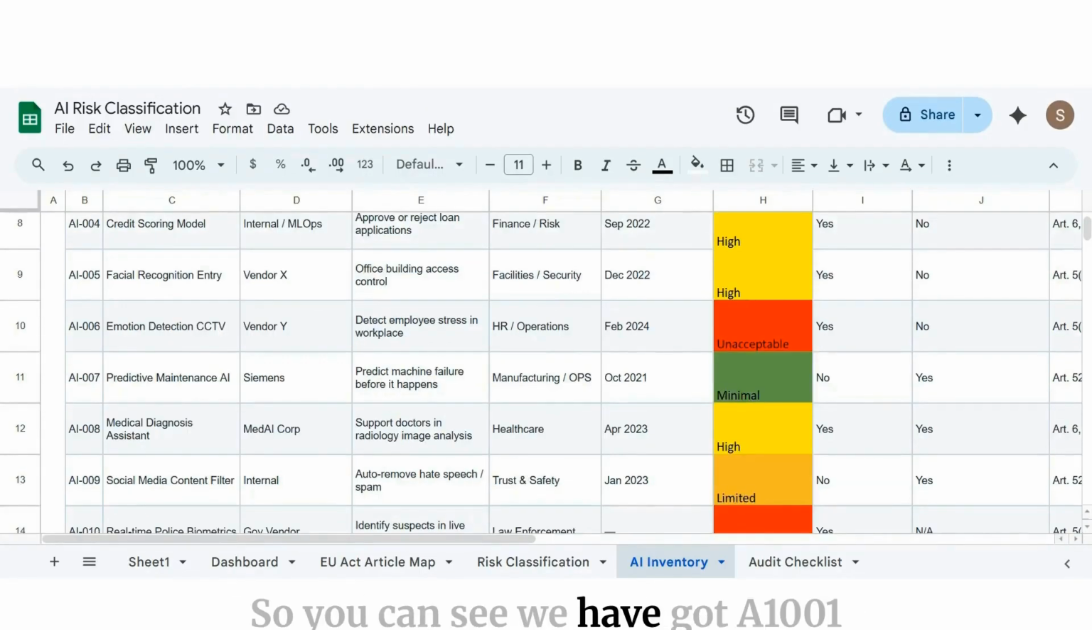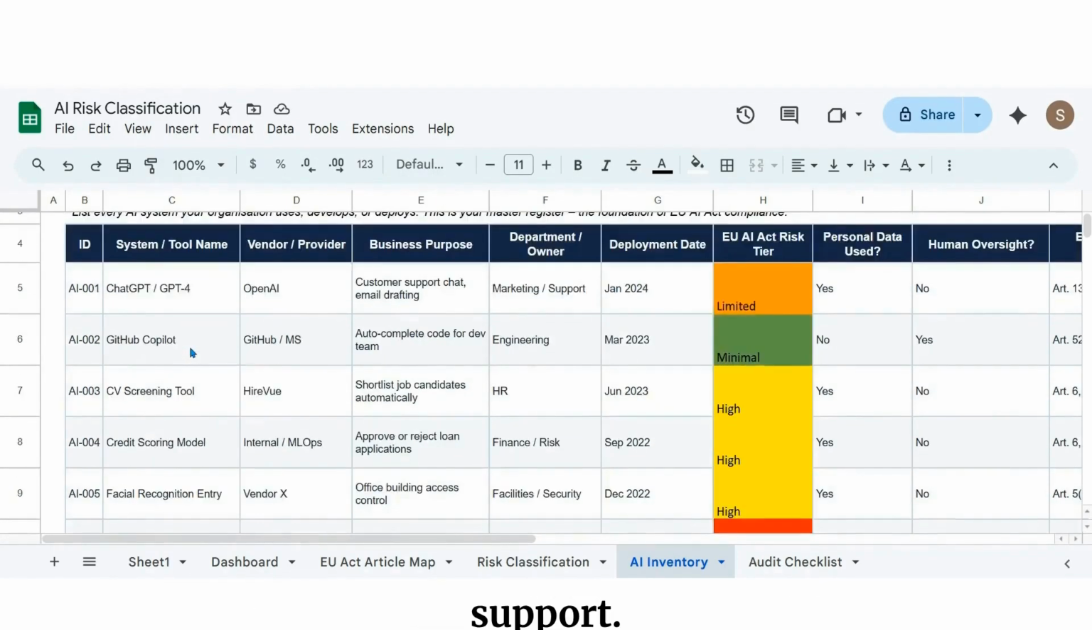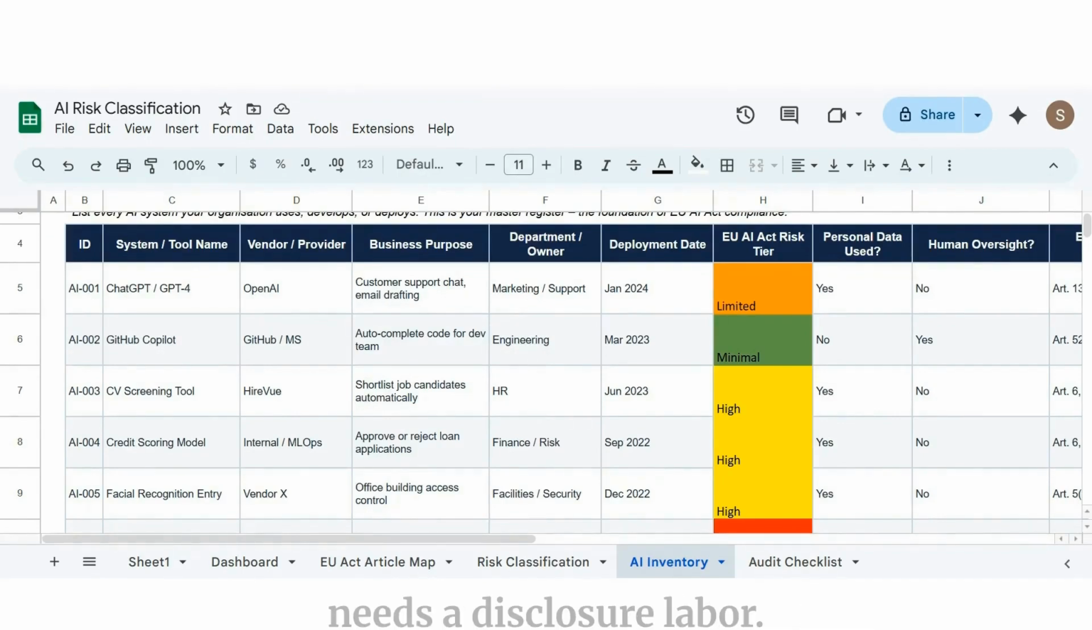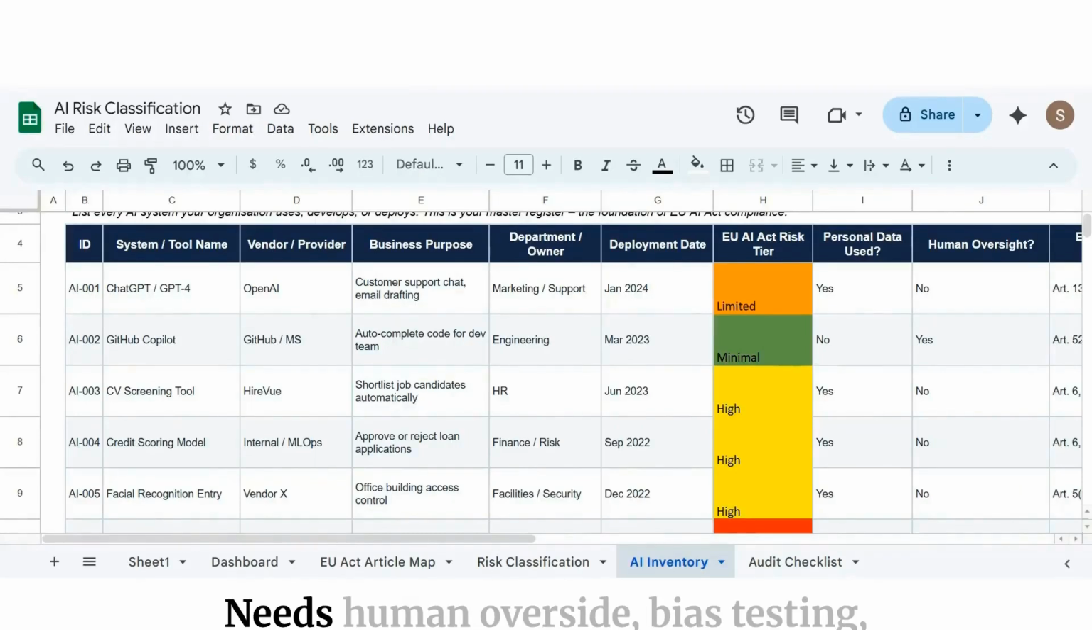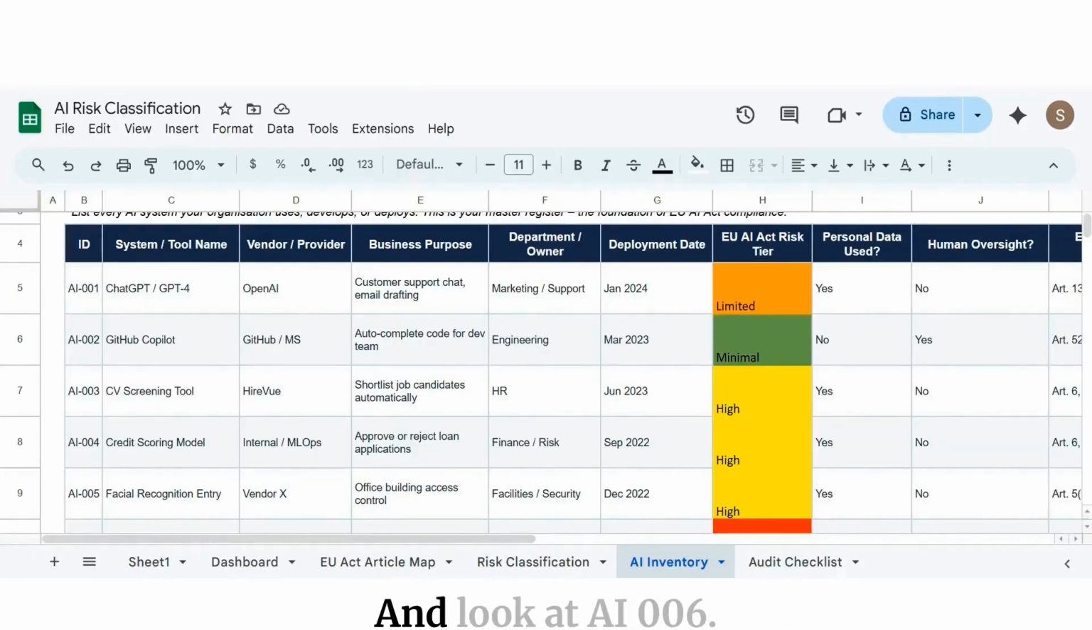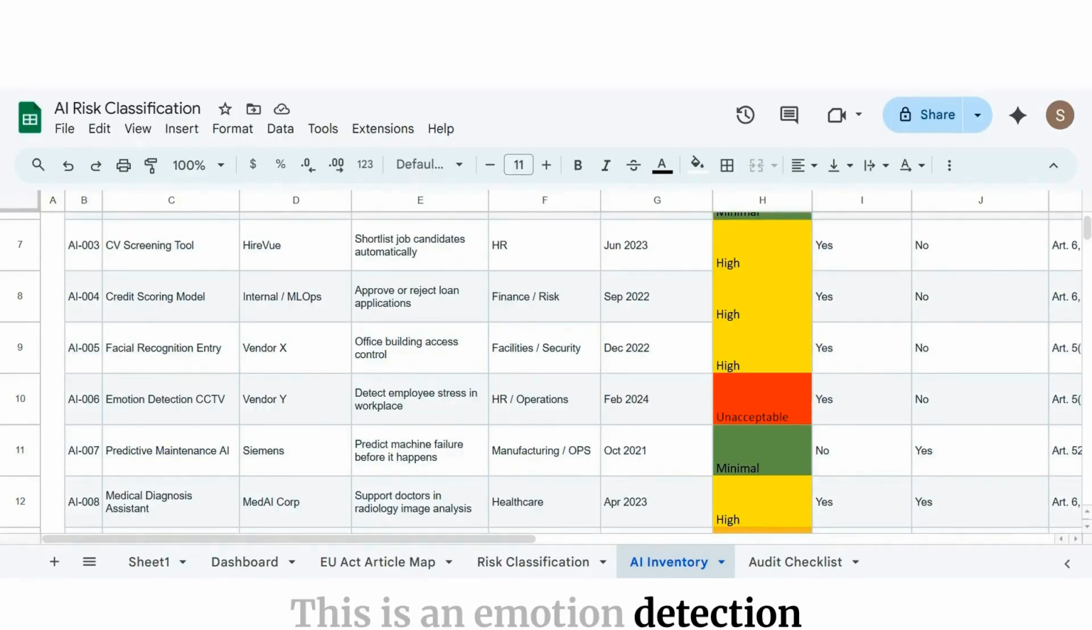So you can see we have got AI001, which is ChatGPT for customer support. That's limited risk, needs a disclosure label. AI003, CV screening tool, that's high risk, needs human oversight, bias testing, technical documentation, EU database registration. And look at AI006. This is an emotion detection CCTV system, status